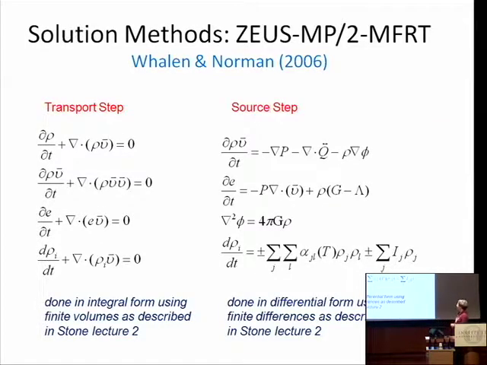You can solve this in many ways. The way we've done it with the ZEUS code is, as in all ZEUS codes, to split it into a transport step, where now we have these conservation laws which are solved in integral form. And this is the new one: this is just species advection, which is done conservatively. And then in the source step, you have this stuff. You've got the change in momentum, the change in energy, where you've got the PdV work and you've got the gas heating and cooling. And then you've got to solve the reaction kinetics part